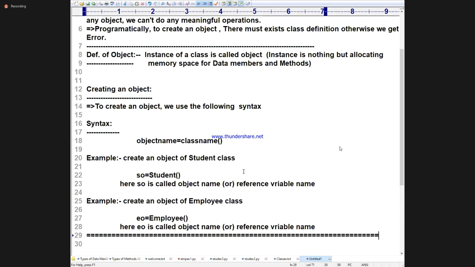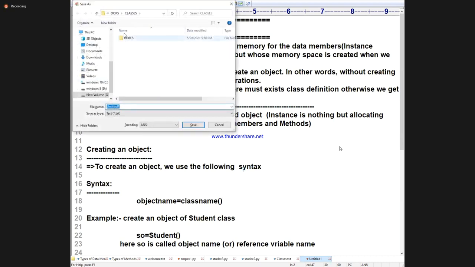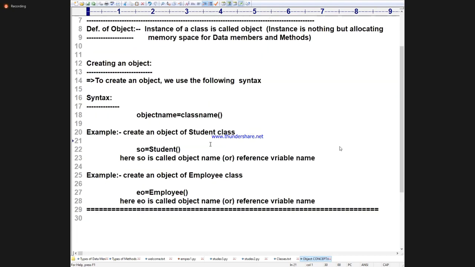Yes. Now I will go to the programming part. So I will save the object notes. I will create it in OOPS features. I will create object separately, because at the end I will show you objects. In that I will save my material, so save my notes. Object concept, done. Shall I enter into the programming, ma? Shall we? Yes, sir.